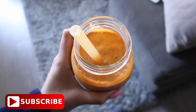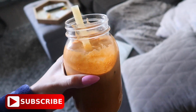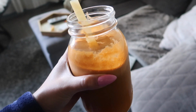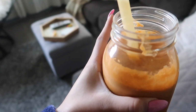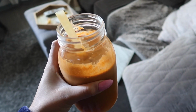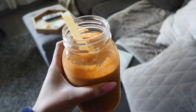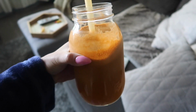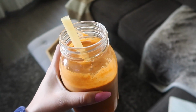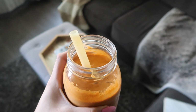This juice right here is probably one of my favorite combinations. I do have a whole video on my favorite juices, so I'll leave that linked below and in the cards here on the video. But this one has celery, carrots, apple, ginger, lemon, and cucumber, and it's this really interesting color, but I promise it's super tasty. It has a little bit of a kick to it, and it's definitely a great way to hydrate and start